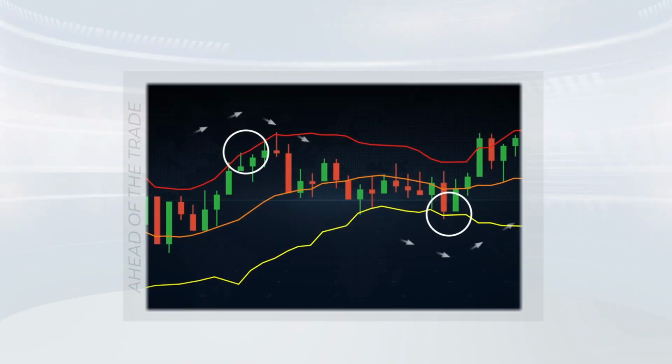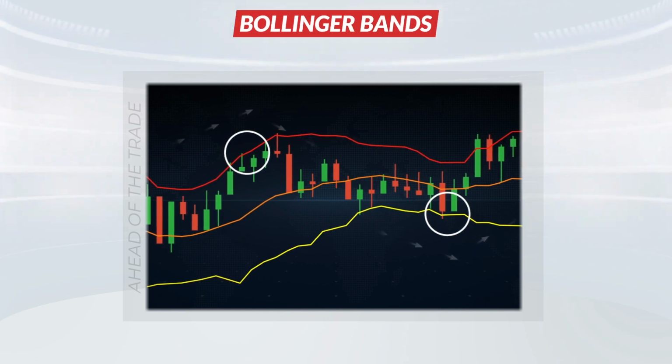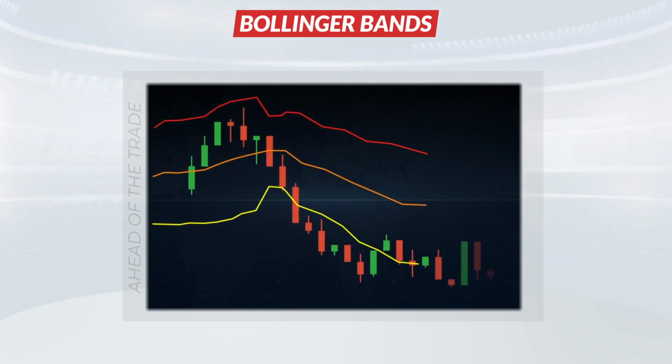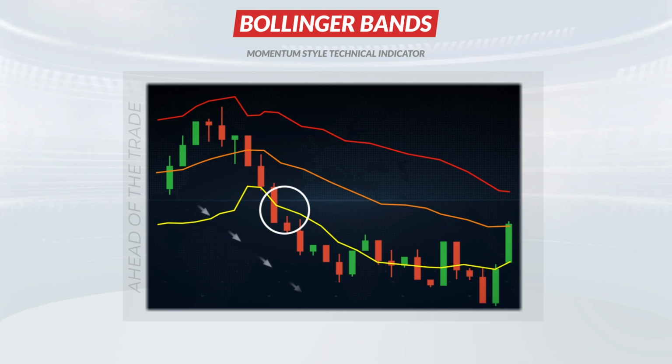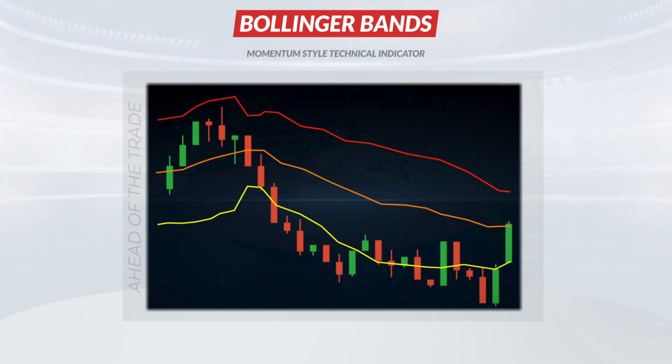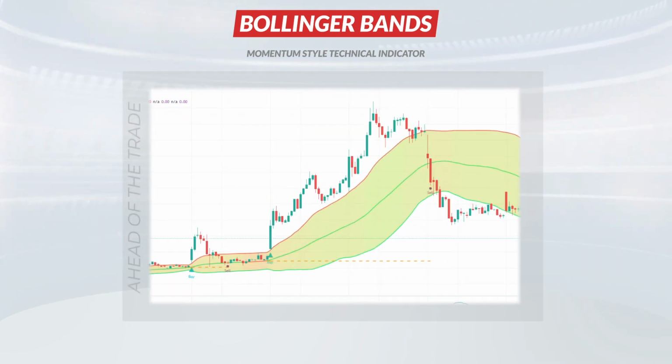Today we are going to be continuing our Bollinger Bands series by exploring the Bollinger Bands as a momentum-style technical indicator. We're going to explain the Bollinger Squeeze trading strategy, which is an alternate way of using the Bollinger Bands from what we presented in part 1 of this series. We will also explain how to effectively set up and use our custom Bollinger Squeeze strategy indicator.